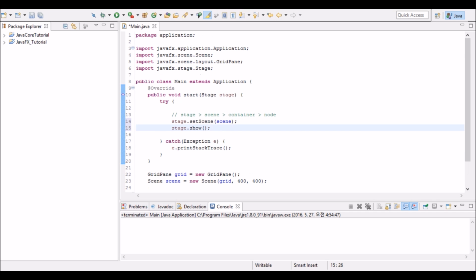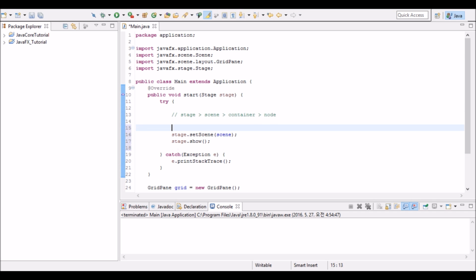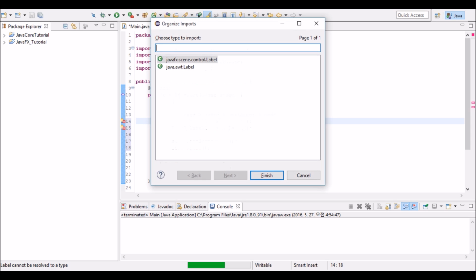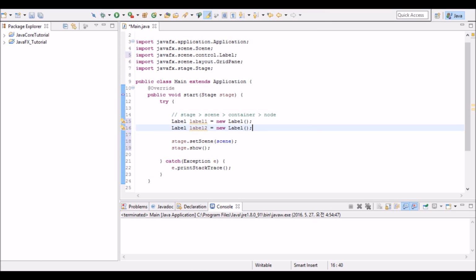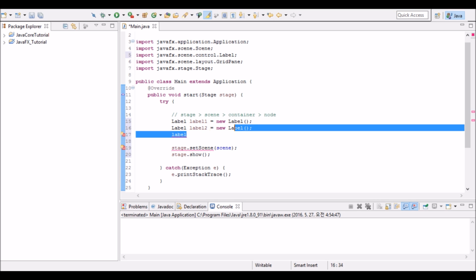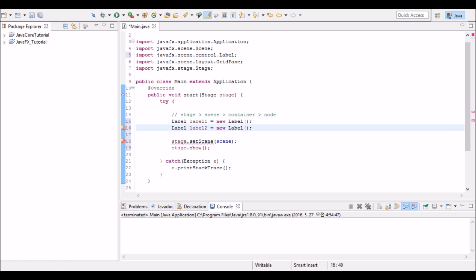Okay, and then I'm gonna create two labels above here. Label1, new Label, and one more, label2, and Shift Ctrl O to import the Label class. And instead of using the label.setText method, we can use the constructor.